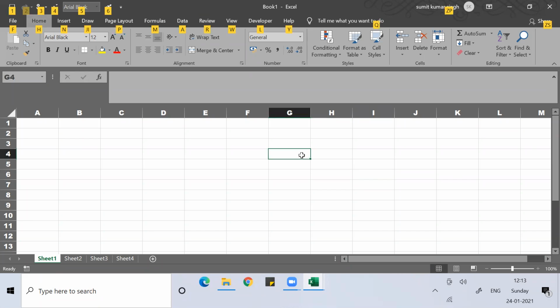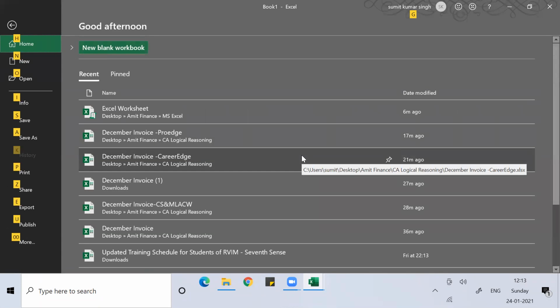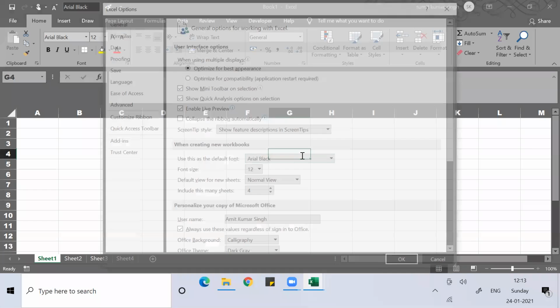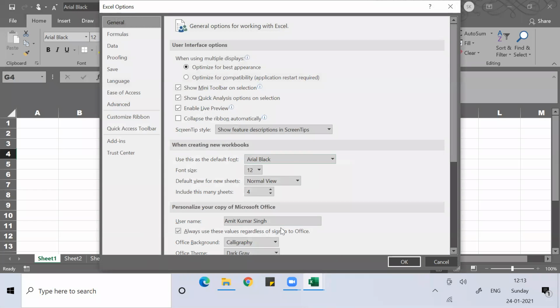Again I can go to Options. You can see that by default, whenever I open this workbook, four sheets are opening. In versions of Excel after 2007, one worksheet opens; in 2007, three worksheets used to open under the workbook. You can increase the number of worksheets either manually by clicking on the plus sign, or here, under include this many sheets.